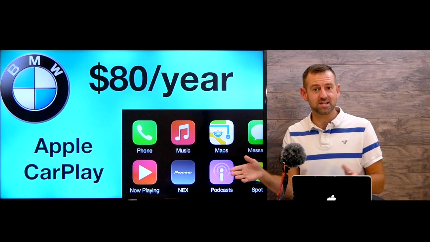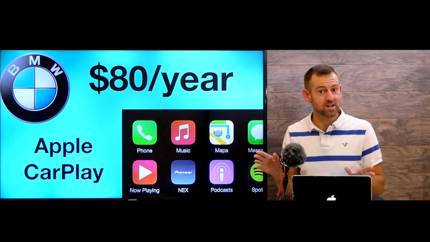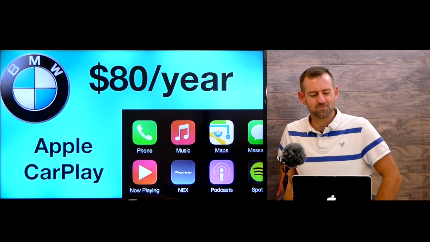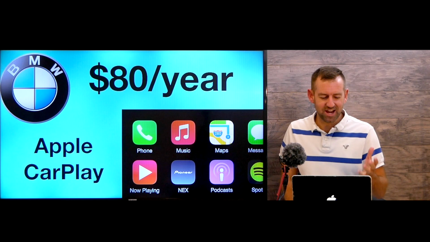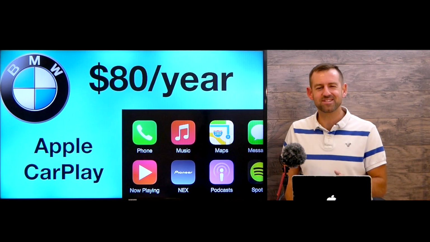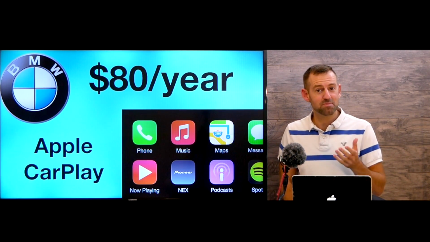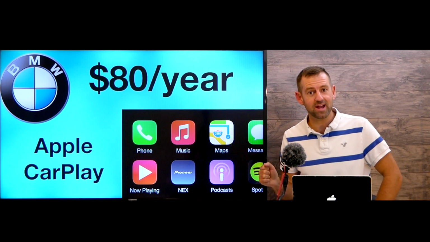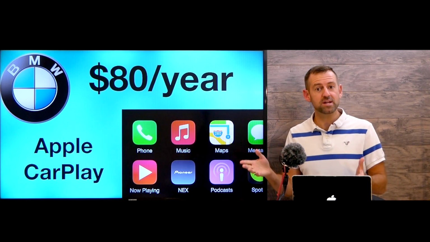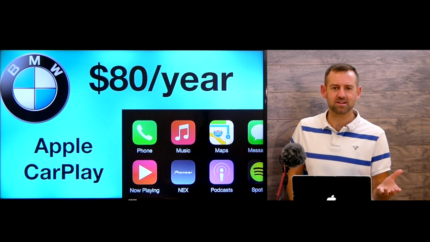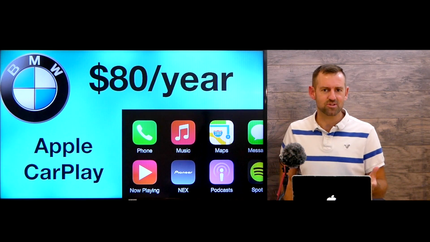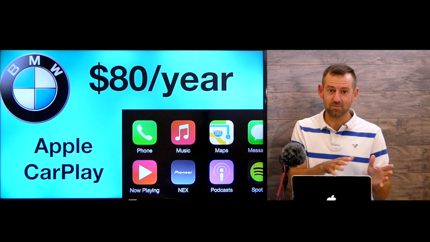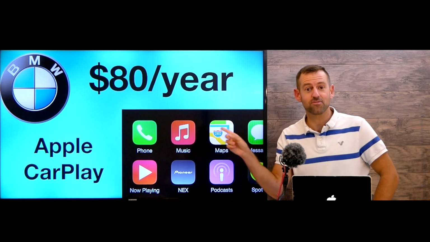A lot of car companies are starting to offer this for free, but BMW is charging its customers $80 a year. And that's just such a terrible decision. It's such a stupid thing for BMW to do because BMW is perceived as a luxury brand, right? It's a premium brand. It's not a cheap company like Ford or Kia or Toyota, right? I think Ford and Toyota are offering Apple CarPlay for free,